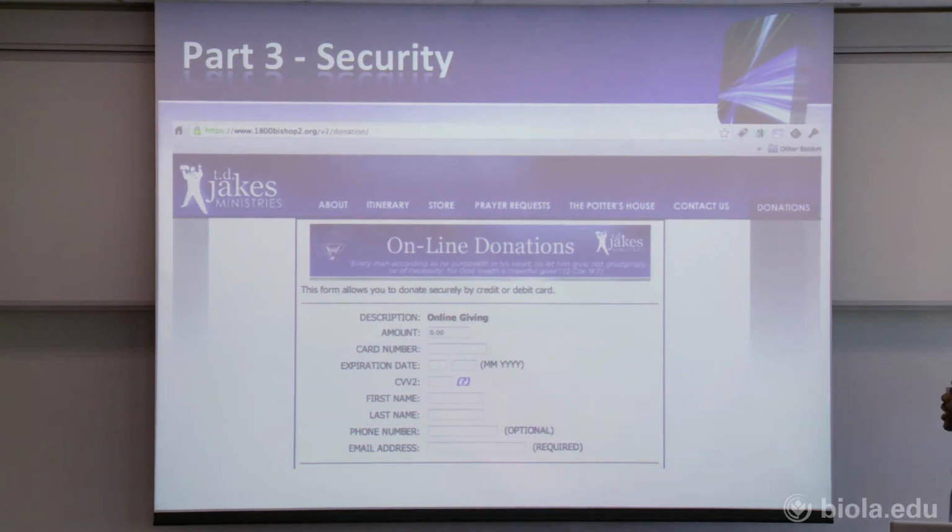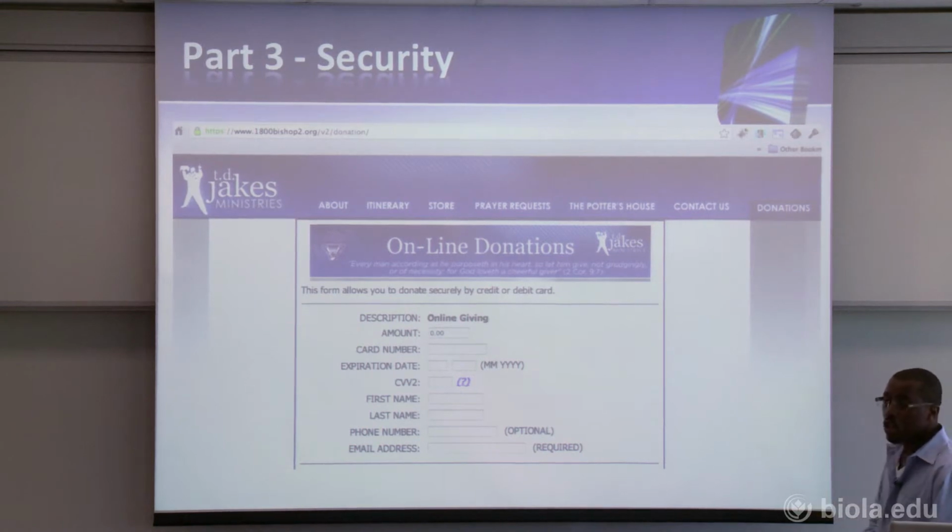Okay. Now, talking about online security. One thing that people are looking for is a secure donation process. They want to make sure that their donations and transactions are secure. So make sure you have a good secure socket layer certificate, an SSL certificate. Make sure your certificate is up to date, because now the browsers are checking your certificate.